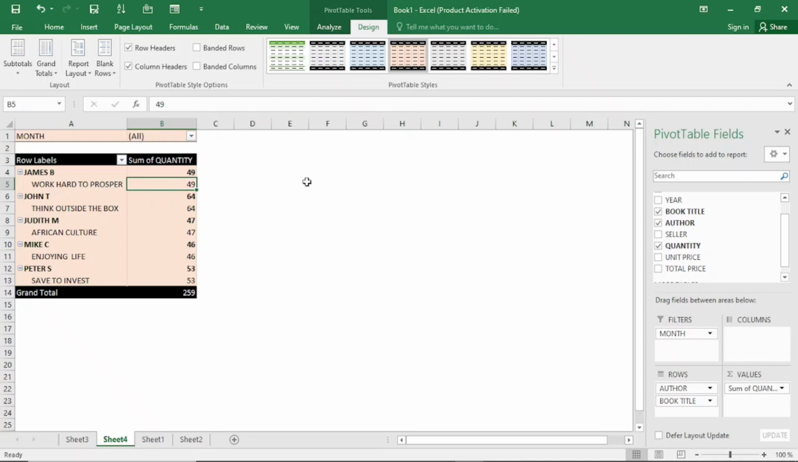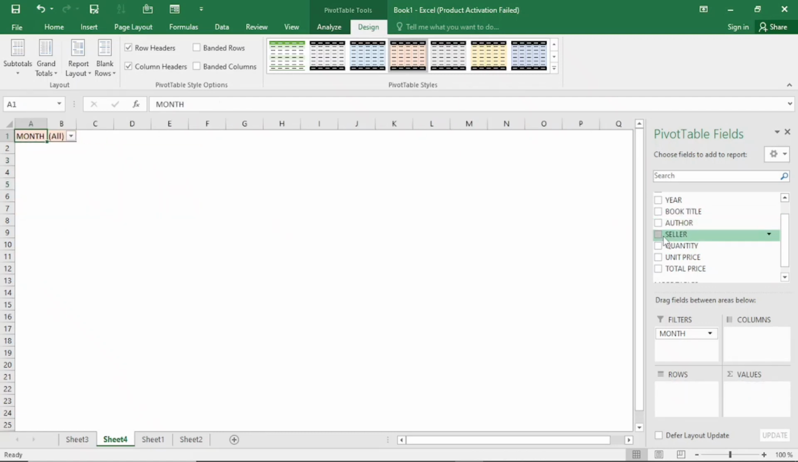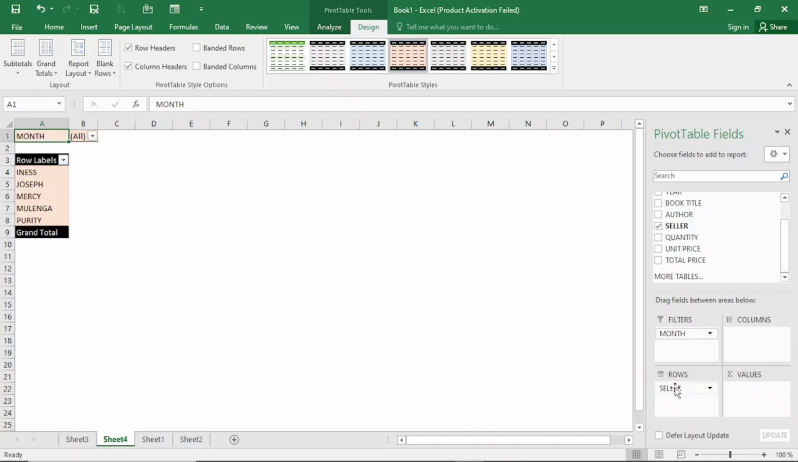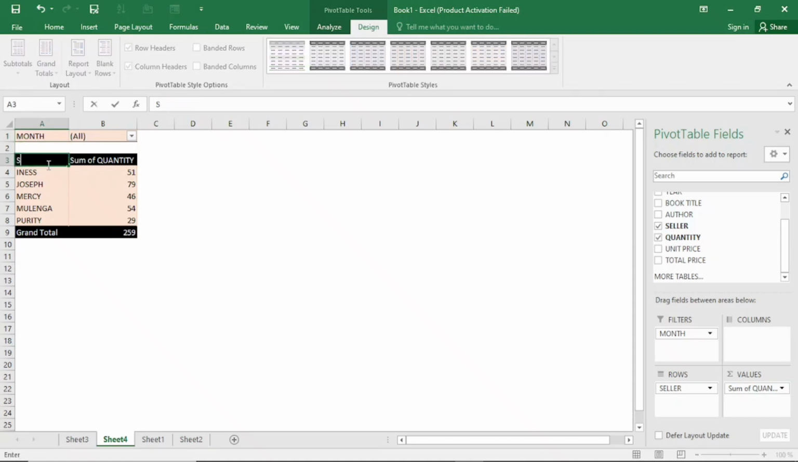In the next pivot table, we want to see the number of books that were sold by each seller. The number of books that were sold by each bookseller. So we are going to do this. Let's deactivate this. So this time let's get the seller and drop it there, and then let's get the quantity, which shows the number of books that were sold, and put it there. So these are our sellers, so we can even write sellers. So this one sold